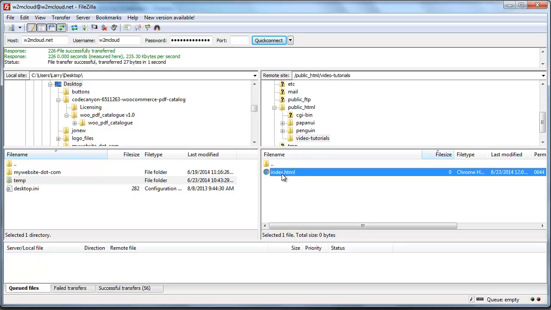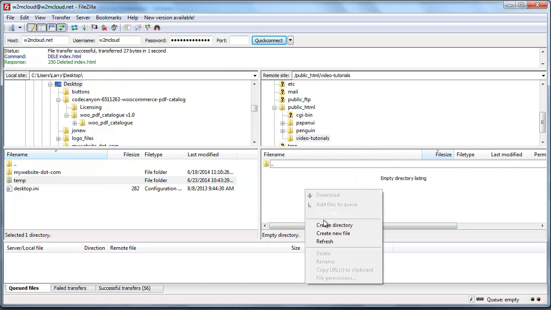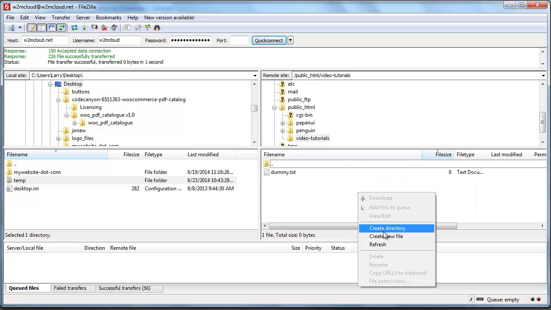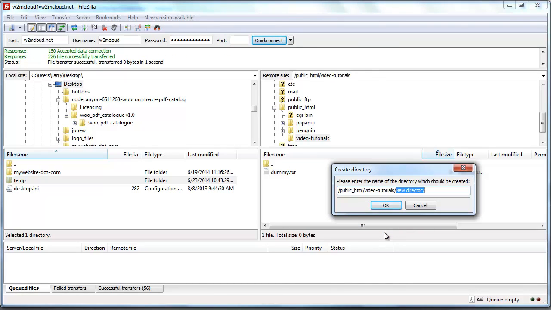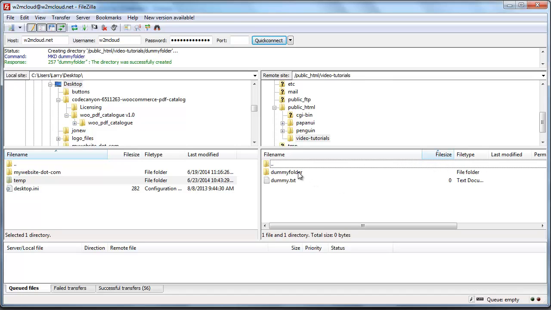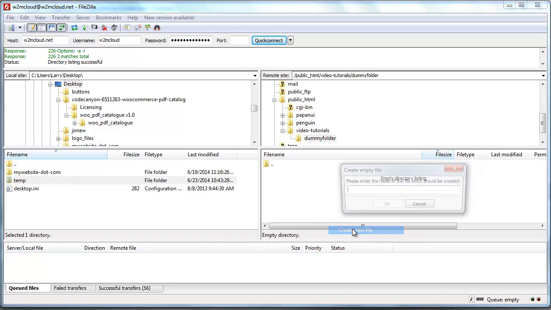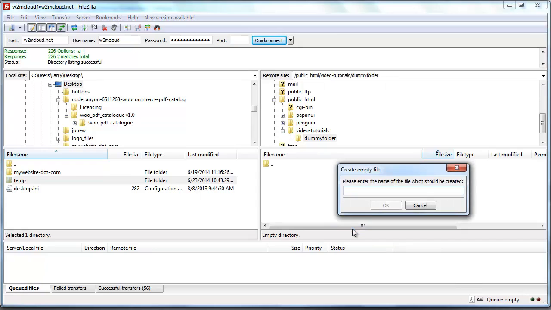And let me give you a quick example of that, just because that's a little bit different. Let me go ahead and delete this, and let me go ahead and create a new file, and we're just going to call it dummy.txt. And we're going to create a new directory, which is a new folder, and we're going to call it dummy folder. Inside this directory, we're going to create a new file inside that folder called another file.txt. Keep in mind when you're creating web files or any files, you do need to put the dot extension at the end.